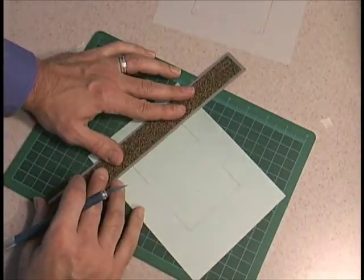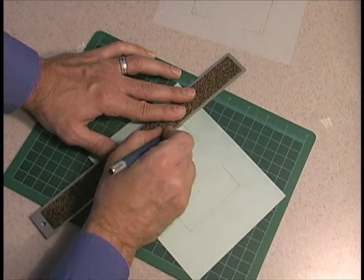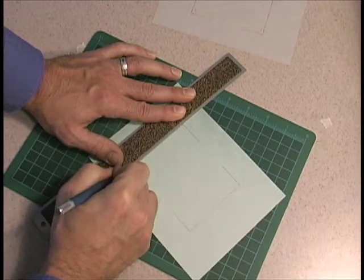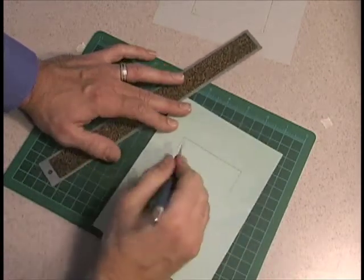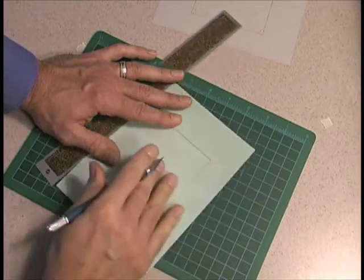these are the interior lines that we cut, that we traced before for cutting. That one, this one,